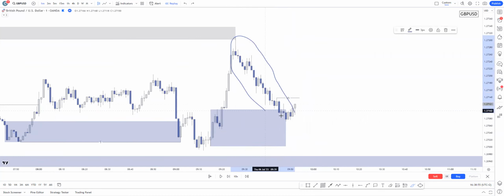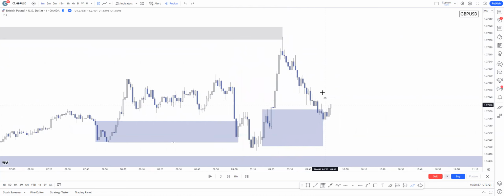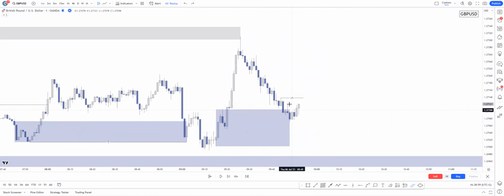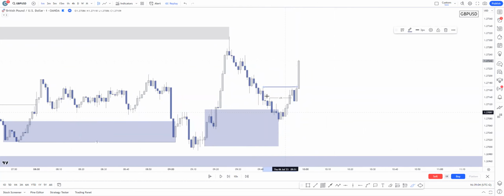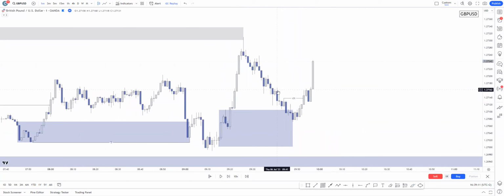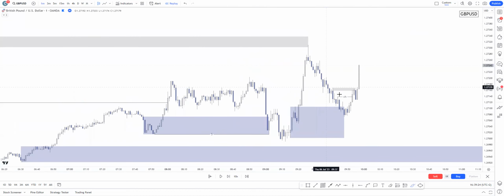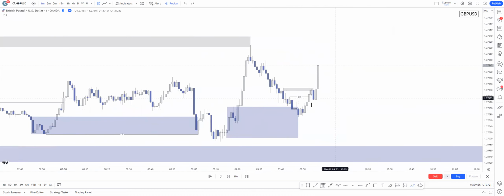But this is just a full of efficient movement. It wasn't that clear to identify the change of character, but change of character happened, as you can see, in several places. Price has broken above several high points on the 1-minute time frame, and we can see that actually a flip was there too. Price reacted on this supply, which wasn't a really valuable supply in this case. So technically this whole movement was just full of efficient candles, but there was a possible entry opportunity on this